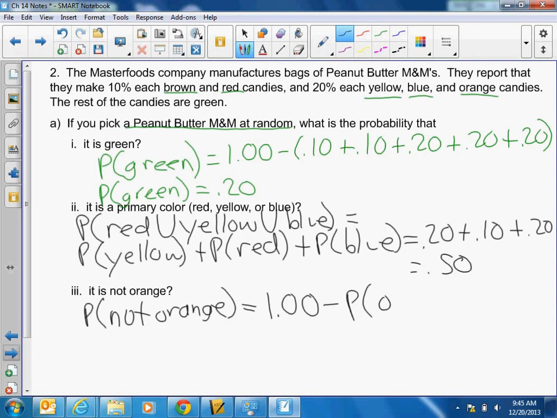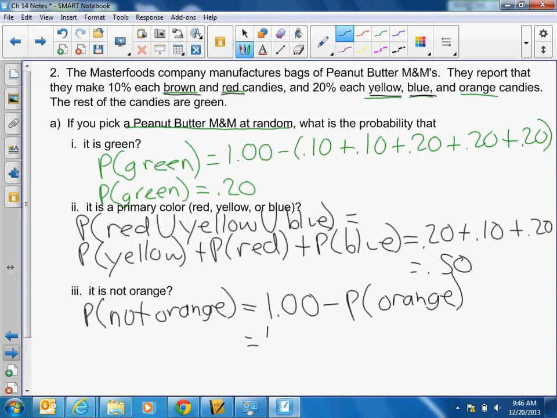Another way to go about this problem would be to say, okay, the probability that we do not draw an orange would be equal to the sum of the probabilities that we draw a brown, a red, a yellow, or a blue. So that would mean adding up 4 different probabilities. But that's not as easy as just saying, let's look at 100% of the sample space and subtract off the probability that we draw an orange,